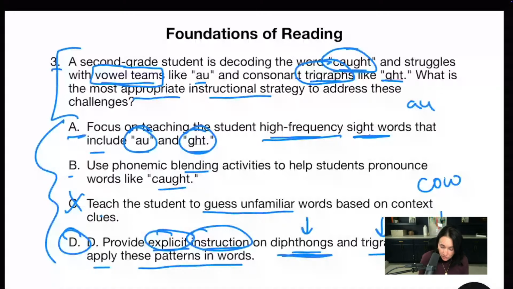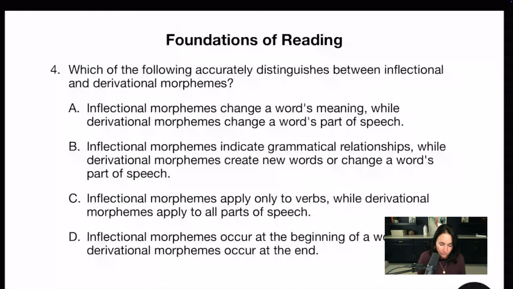They are vowel teams because it's 2 vowels working together. Remember, if it's a W or a Y with a vowel, it's considered a vowel team. These are working together to make a sound, but they don't make just one sound like you would in pie. Notice in pie, the IE makes the I sound, just one sound, but in oi, it makes a different sound. So that's a diphthong. So D is going to be the best answer here. Again, very nuanced. All right, let's try another one from Foundations.